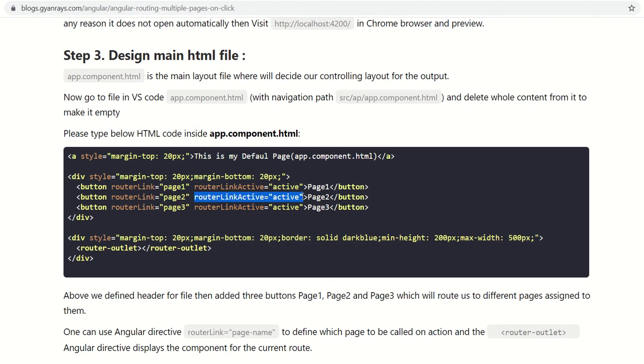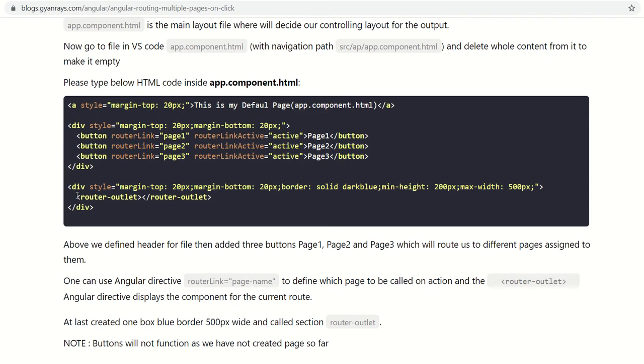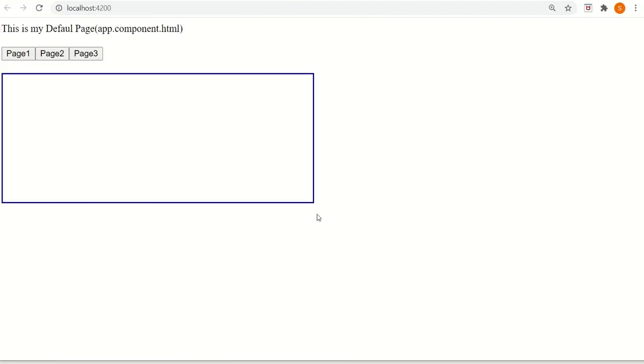It is just for the understanding purpose. Now, where will this content be displayed? Well, when we route to any page, it will be shown under a box. So how will a box be displayed? This is how I have defined a box. The box height is 200 pixel and the width is 500 pixel. So I have created a box with a blue color border which has a height of 200 pixel and 500 pixel width. My content of page 1, 2 and 3 will be shown under this content area.